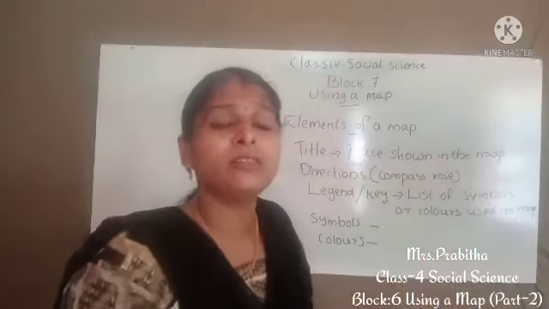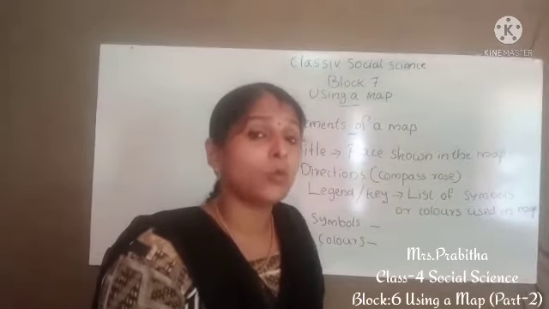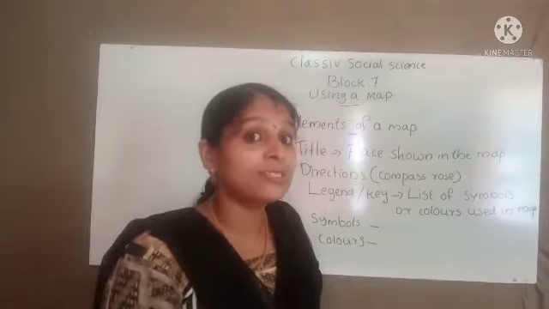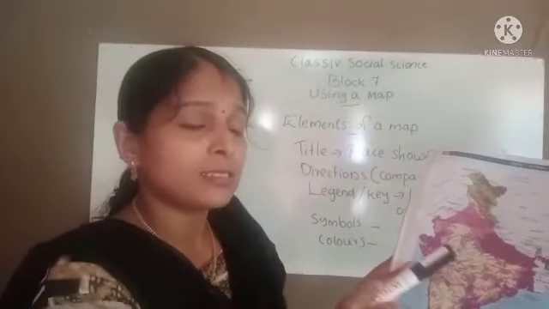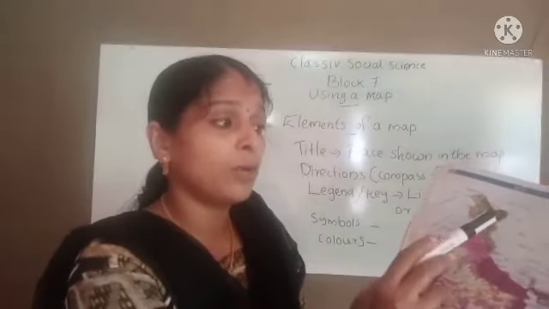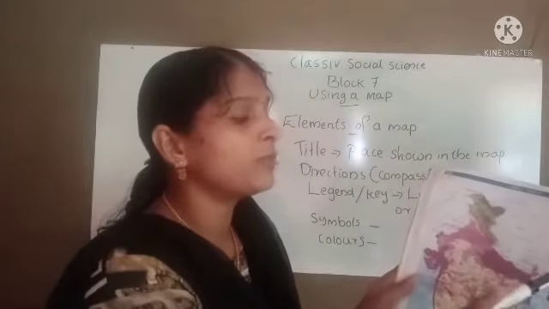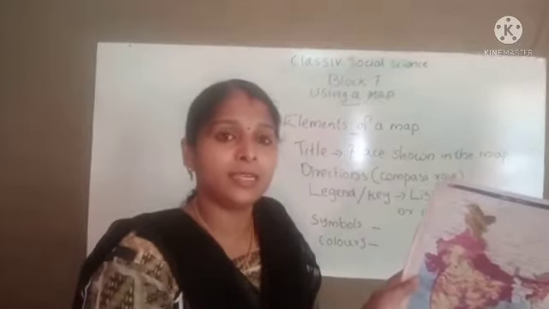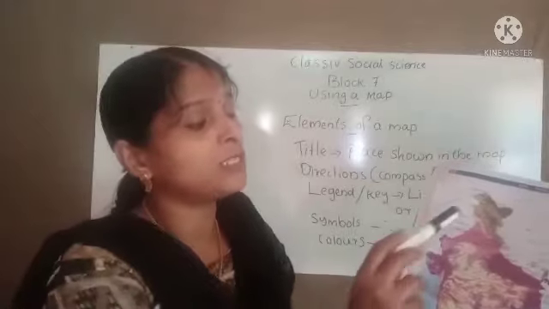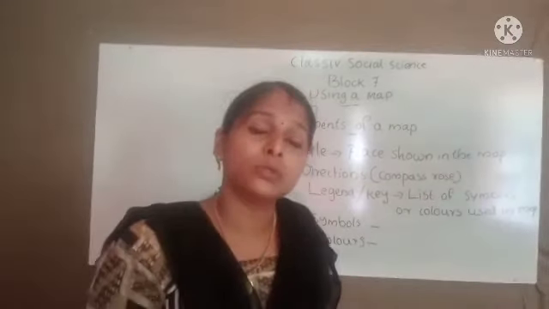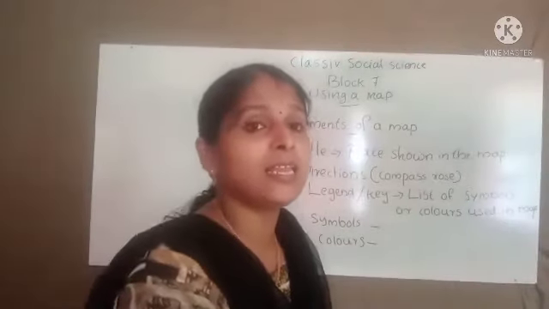This physical map of India shows plains, mountains, plateaus, desert, all the physical features. So we can easily understand the mountains. Why? The color used for mountains is brown. All the brown color shows mountains and hills. Now you can find the green color. What does this green color show? Green color shows plains. Then what does this blue color show? Water. In that way we can easily read the map.